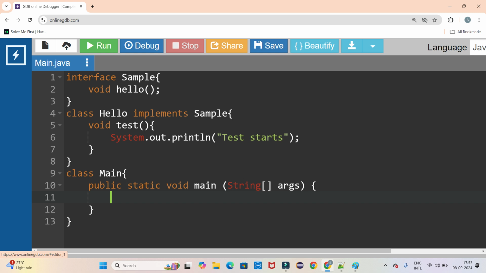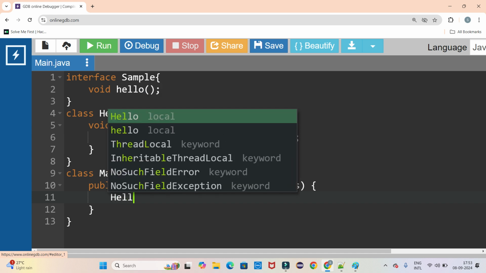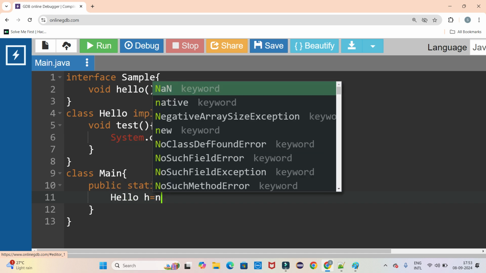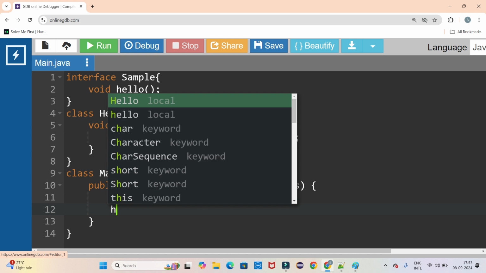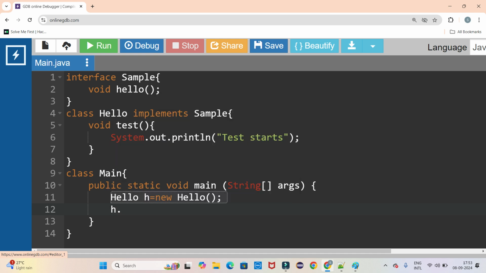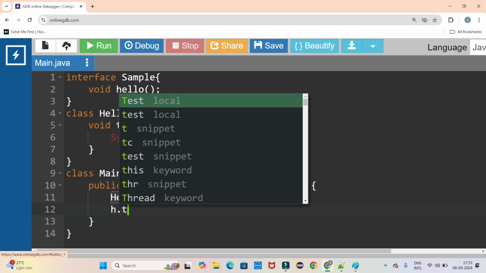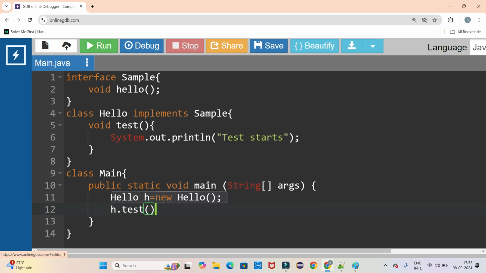Now inside this main I'll call this class hello h1 equal to new hello. That's all there is to it. Now if I call this h dot test method,